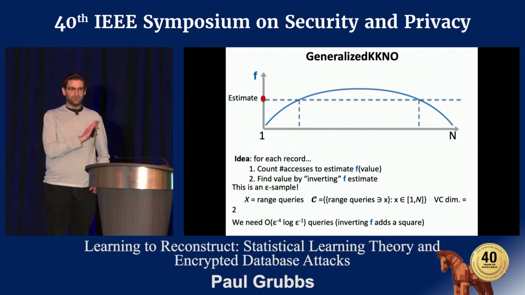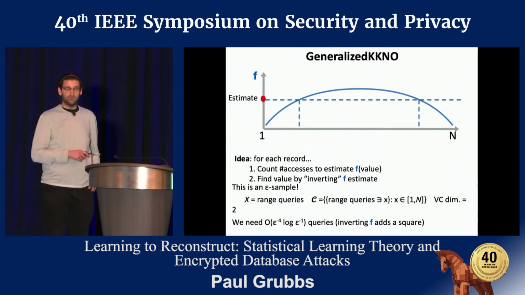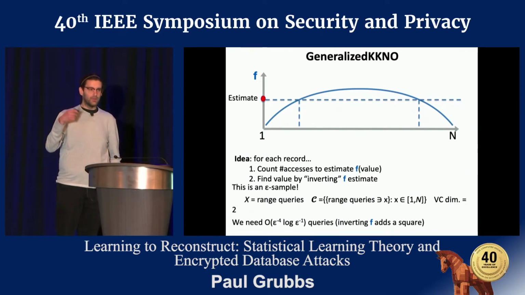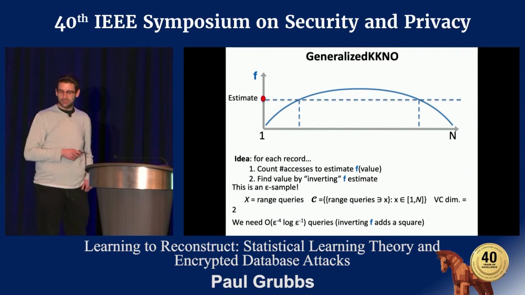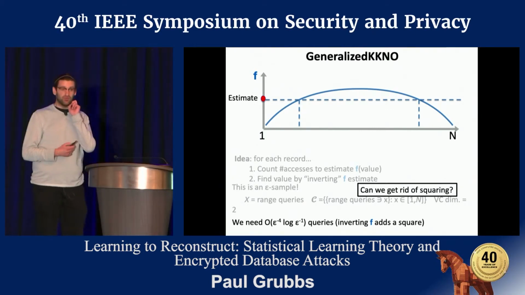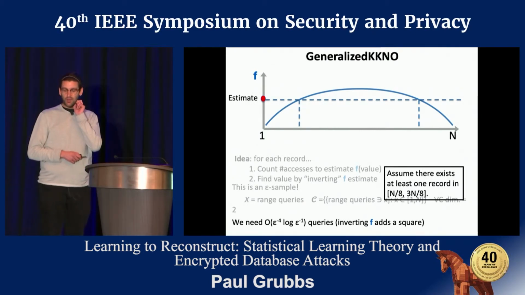The epsilon to the -4, distinct from the epsilon squared in the theorem, is because we need to invert the function f, which is quadratic. So we actually need to get error proportional to epsilon squared instead of just epsilon. So you get a square and then you square again to get the full sample complexity. Because this fourth power exponent is a little bit intimidating, a natural question is, can we get rid of this squaring? So that's the hypothesis that we need to make for the next attack.